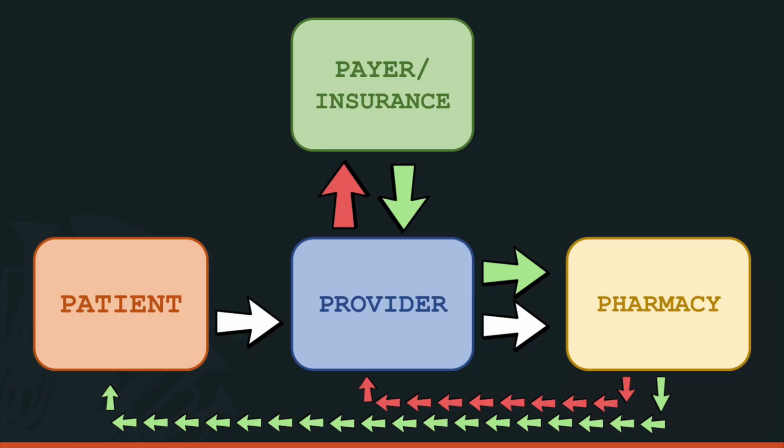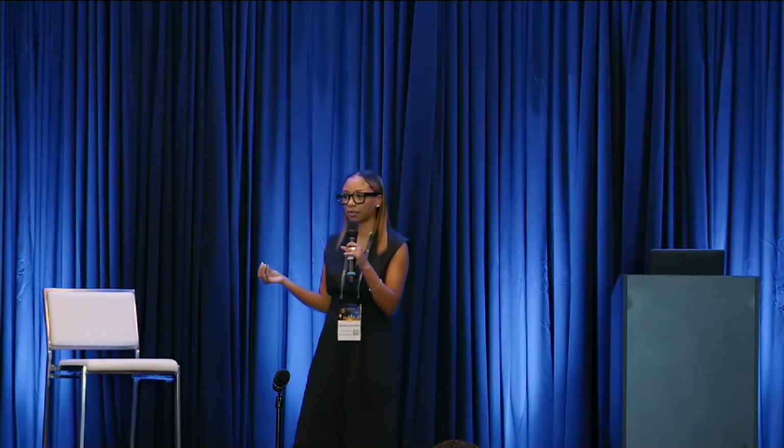All right, this is the game board that I mentioned. There's a lot of arrows, there's a lot of players here. It can get confusing. But throughout this session, we're going to address each player. We're going to follow along the arrows. But before we get started, just as a quick recap, a brief background into prior authorizations.